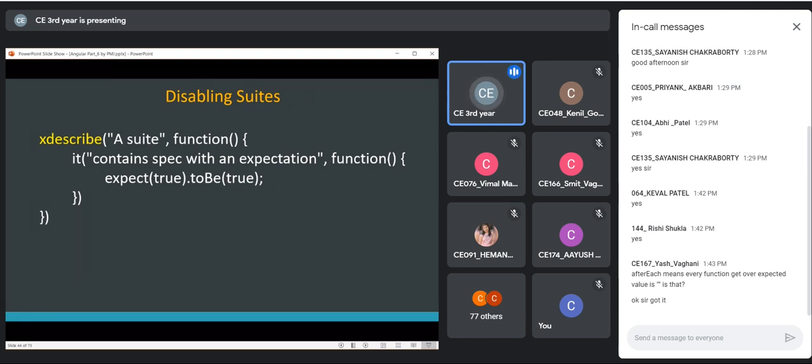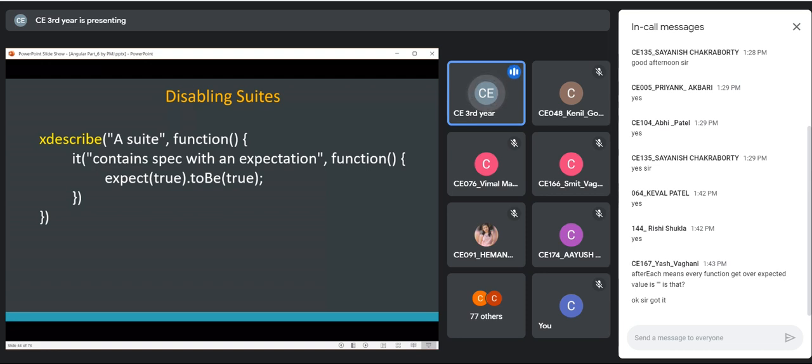Okay, sometimes there is a need to temporarily disable one of the test suites. Then simply prepend the describe keyword with X, so that it will be ignored by the framework. The entire test suite would be disabled temporarily as long as you have this X in front of the describe function.